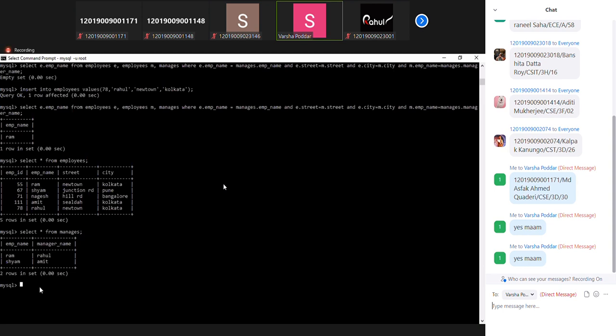Next, 2-3 small things. First is, see, big subqueries that are present. Big subqueries we will do next day, because today with join and others, if I do subqueries again, it will be a problem. But a very small type of subquery, I am just showing it to you because I have to show you aggregate functions, right? So in subqueries, more or less we use aggregate functions. Suppose the question is like this: I have to find out the employee names whose salary is greater than the average salary, right? So suppose select star from